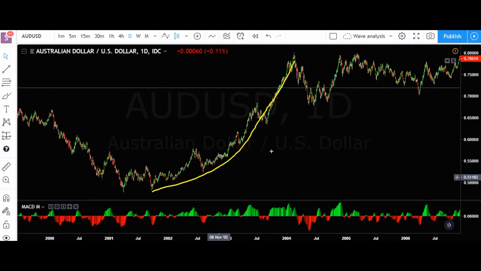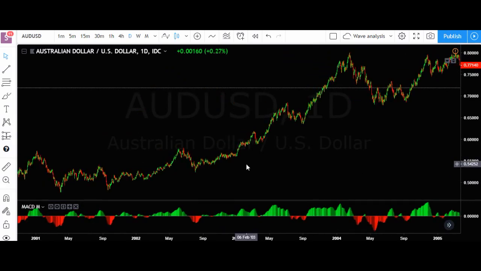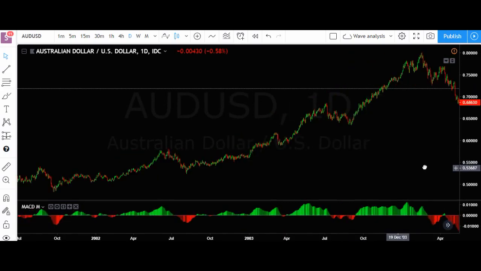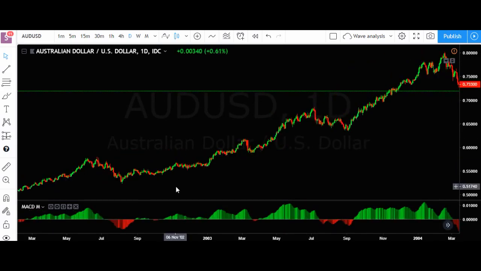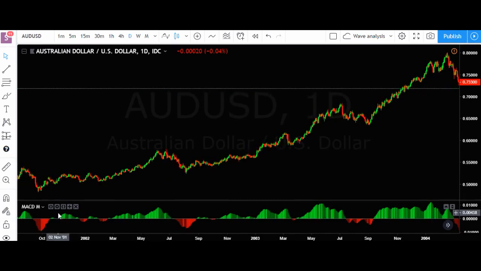Let's actually start here at the bottom so you guys can see properly. Okay, so first we had this move, and then we had this correction and this next up move. So then we flipped this,